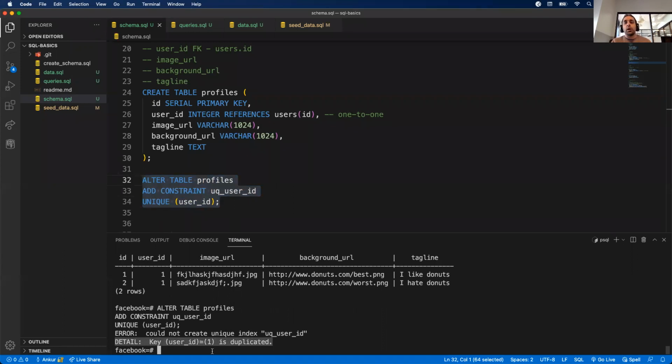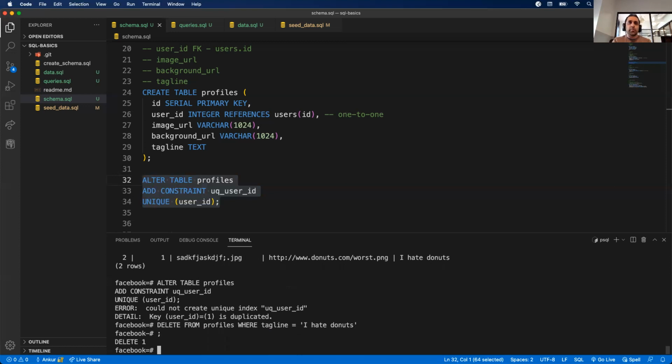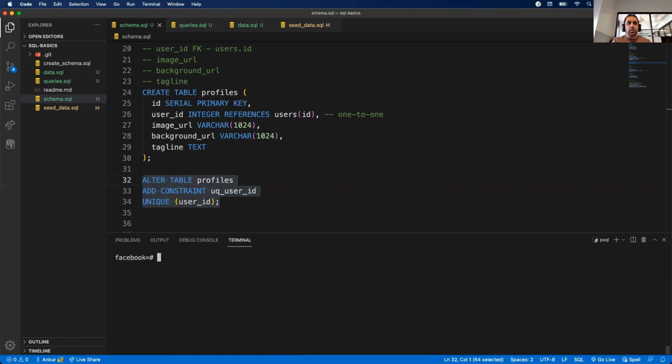So this is where I might want to update my data record before doing it or dropping a record. So let's do a delete. So delete from profiles where tagline equals 'I hate donuts'; semicolon. All right, now we should be able to actually insert our unique key because that's not going to be violated. So if I do my Control L,